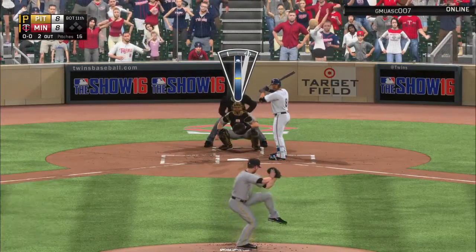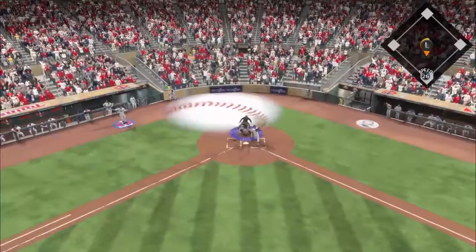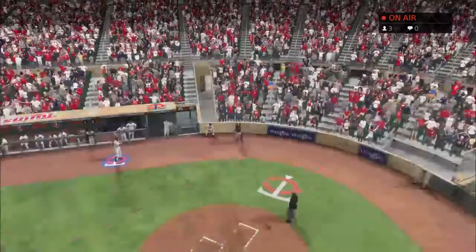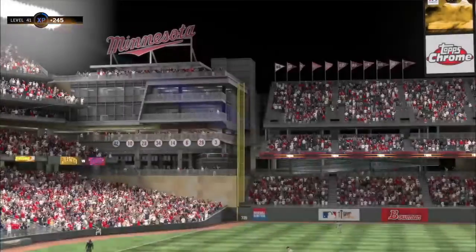Kurt Suzuki will step in, a ground-out victim his last time. Swinging, a high pop-up straight back, though it looks as though he'll have room back there. Cervelli is there to make the catch, and that...